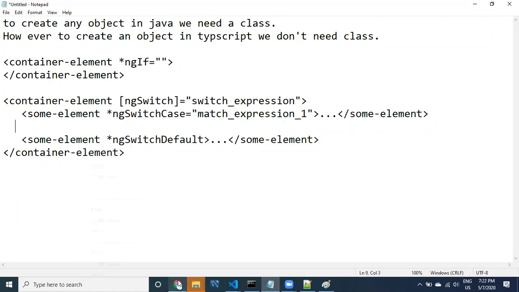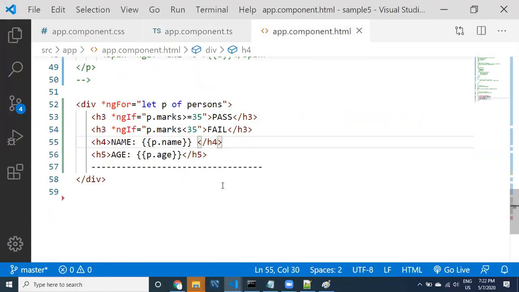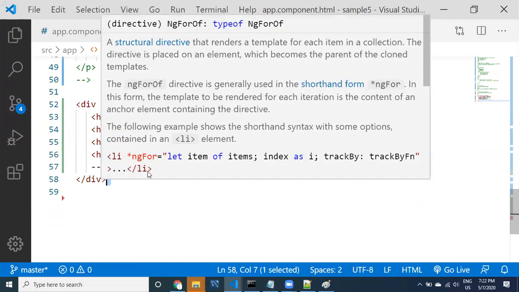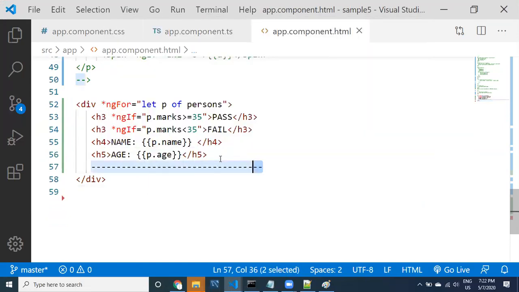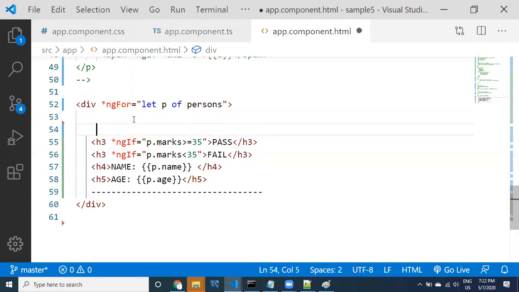Let us look at it, guys. I want to modify this code. Let us go to the HTML. I want to display these things. Pass or fail, it is displaying okay. You can display like this, but based on the area, you have to take the div. Otherwise, I'm going to provide something, text only.